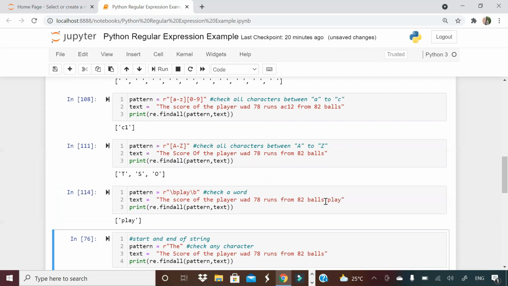So this is the usefulness of the word boundary, guys. Otherwise, you might get something which is not making much sense. Similarly, if you want to find any other word from the string, for example, somebody wants to find out score, then score is here. These things are very, very useful in text mining, guys.